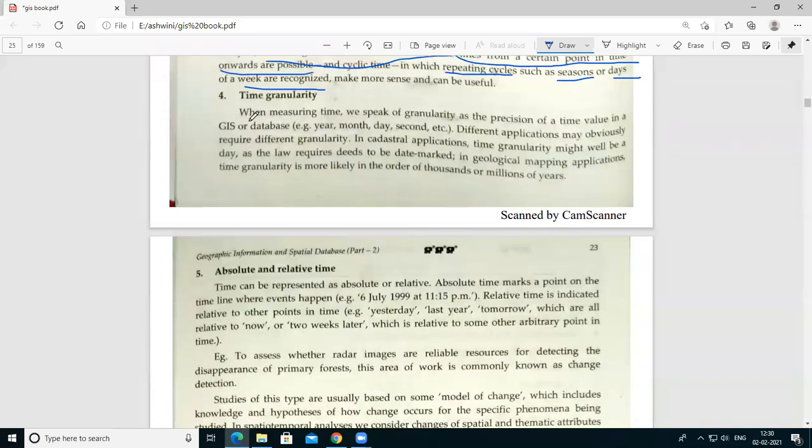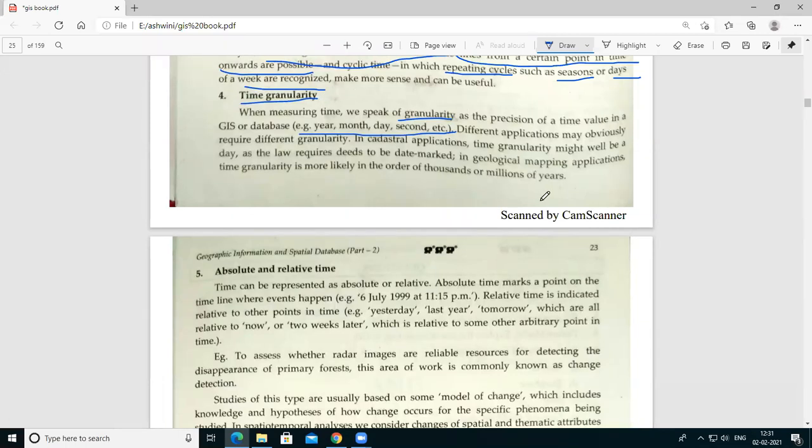The next one is time granularity. When measuring time, we speak of granularity as the precision of a time value in a GIS or database. That means we can use the granularity of a time. So when we use a time period, there is a need to maintain a granularity of time, for example year, month, day, second, etc. That comes under time granularity.